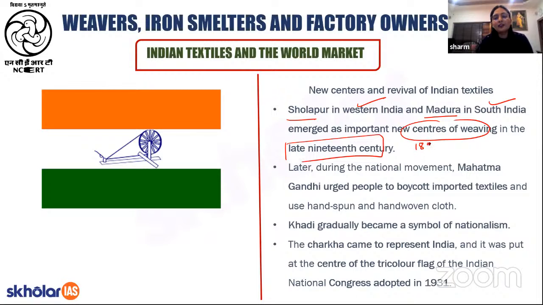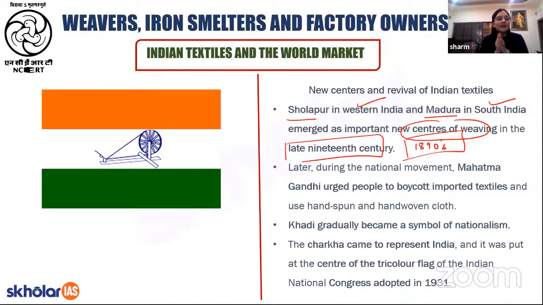By late 19th century, we mean the time period somewhere between 1880s to 1890s. तो हमने देखा कि कैसे 1790 से 1850s तक तो डिक्लाइन हुआ हमारा मार्केट, क्योंकि ब्रिटिशर्स ने बहुत ज्यादा प्रोडक्शन शुरू कर दिया था, टेक्नोलॉजिकल इनोवेशन आ गए थे, उनकी खुद की कंट्री ने हमारा इंपोर्ट बैन कर दिया था और हमारी कंट्री में सस्ते कपड़े ला दिए थे। तो ये सारे कारण रहे कि हमारा टेक्सटाइल इंडस्ट्री खराब हो गया। लेकिन 1890s के आसपास से हमने फिर स्पीड पकड़ी, ठीक है, और नए इंपॉर्टेंट सेंटर्स इंडिया के अंदर आए,